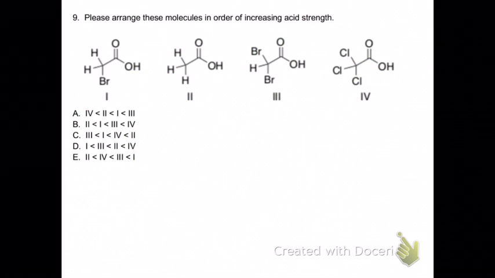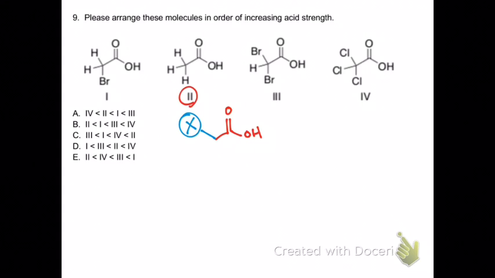So here we're trying to arrange these in order of increasing acid strength. So notice that these are all carboxylic acids. Carboxylic acids have the motif, the COOH. Remember, the way that we can make carboxylic acids more acidic is by adding in more electronegative atoms downstream of our functional group. So when we rank these,